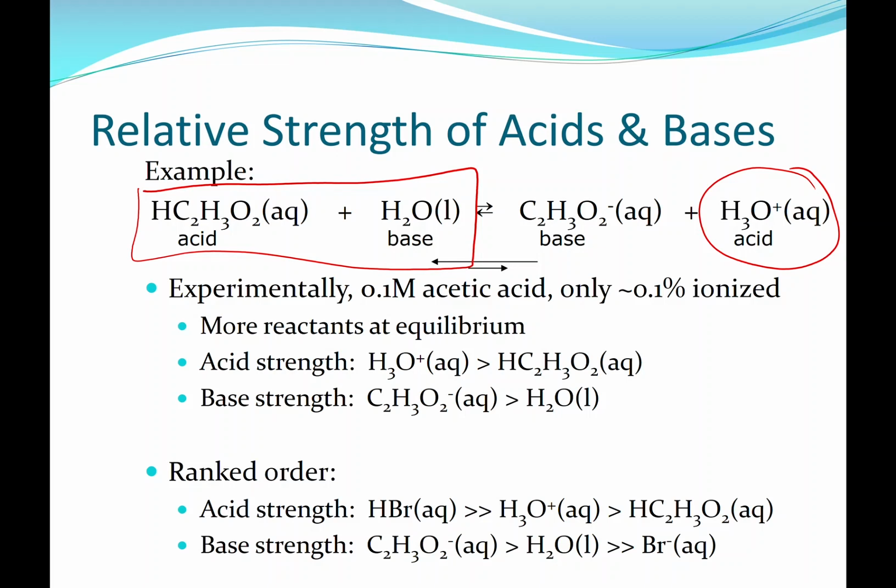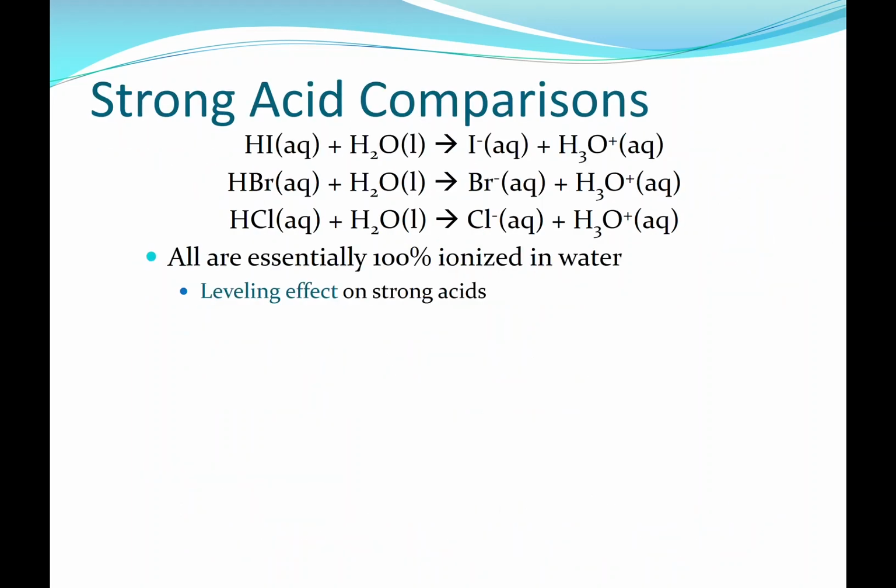Br minus is going to be our weakest base because HBr is our strongest acid. And so HBr is very good at donating that proton. Br minus is not so good at accepting a proton. Okay, so if we go and try to look at what happens with the strong acids, you'll remember the strong